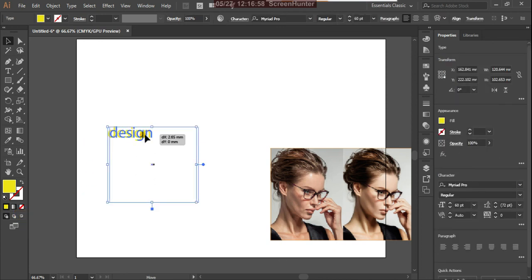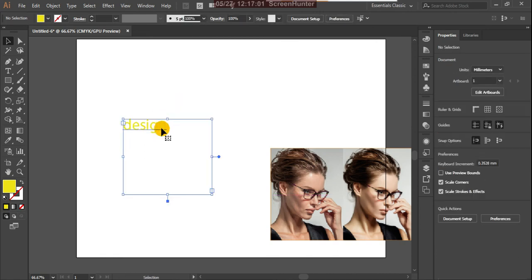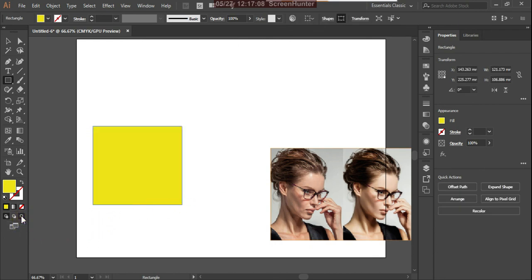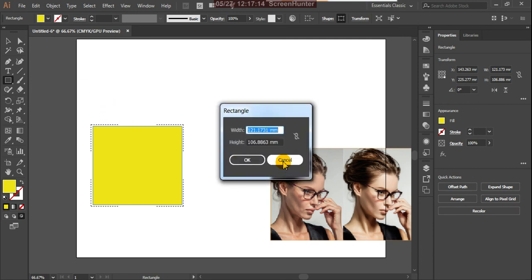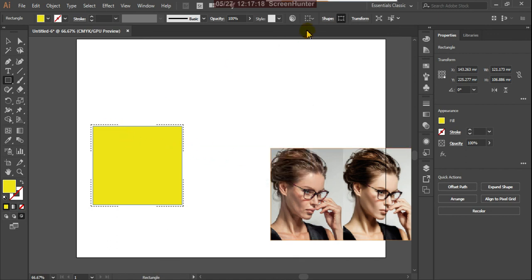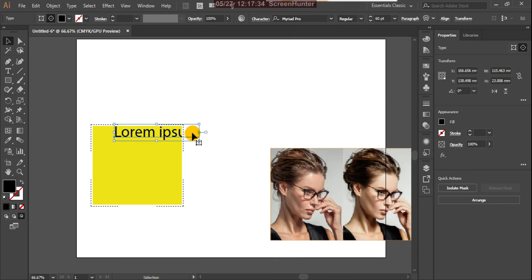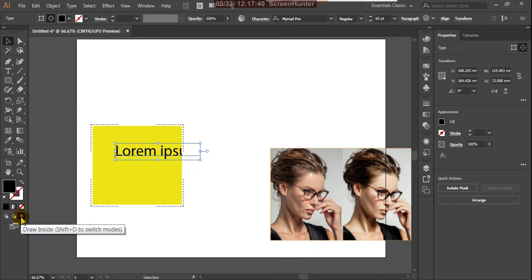Okay, and I'll show you one more thing. So the draw inside, shift D to switch modes.